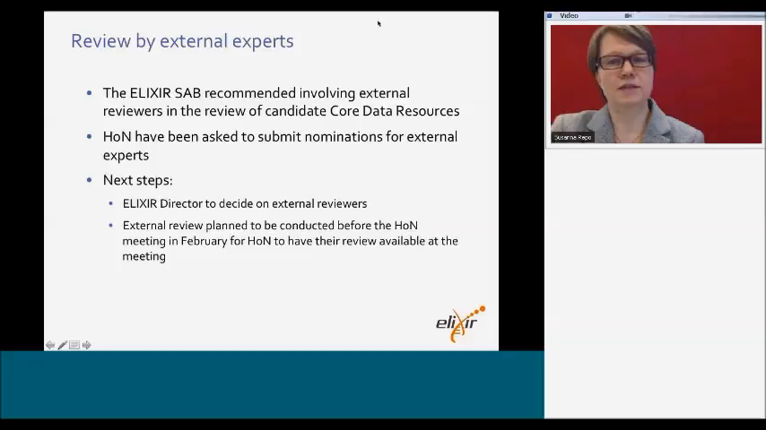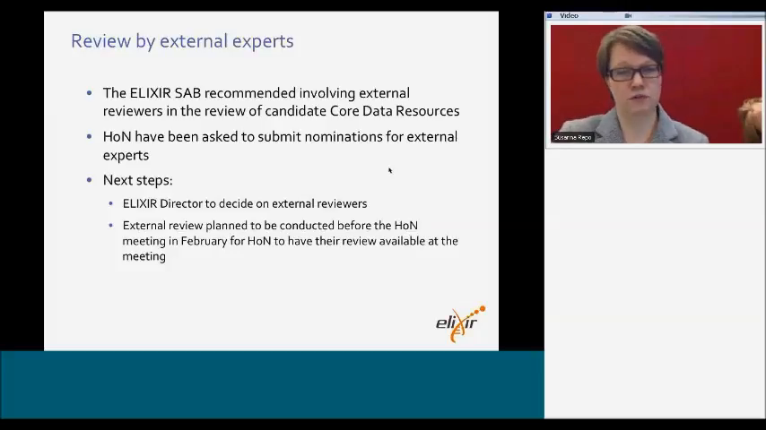The ELIXIR SAB, the ELIXIR Scientific Advisory Board, was presented this process for the selection of core data resources in October, and they gave a very strong recommendation that ELIXIR should also involve external experts in the review of candidate core data resources. We've taken this recommendation on board now, and we have asked heads of nodes to submit nominations for external experts. The next steps are that the ELIXIR director will decide on the external reviewers,